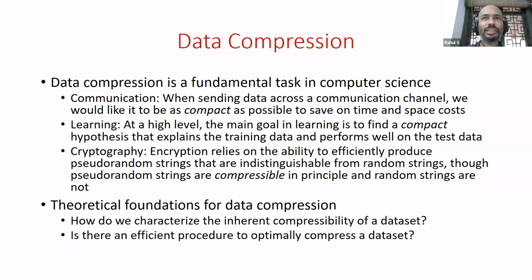Imagine that some data is compressible, other kinds of data are not, and how do you distinguish them? What features of data make it compressible? And in case data is compressible, is there an efficient procedure to do it, to compress or to decompress, depending on the setting? You want to be able to recover the data efficiently from compressed data, but you might also want to do the original compression efficiently.